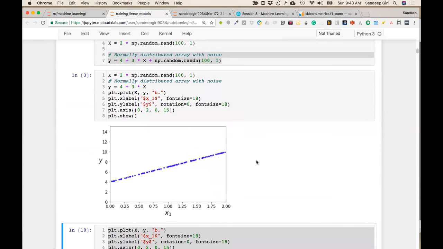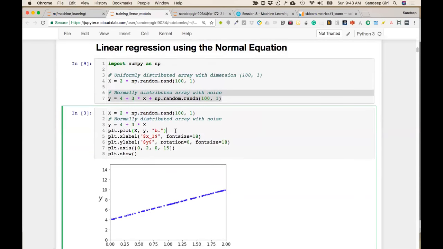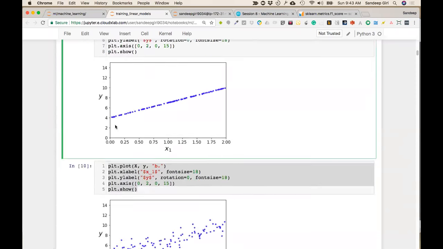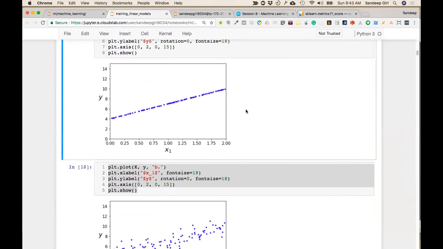See, what I want to show you is that it's a linear line that we have just made. We generated some values of x. We generated some values of y based on x, multiplying x by 3 and adding 4, right? And then we plotted x and y. So this looks like a nice line, right? So further,